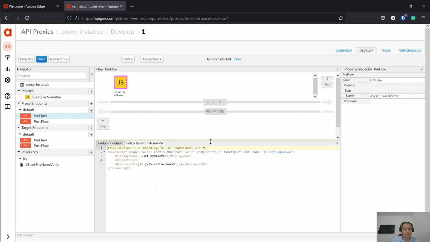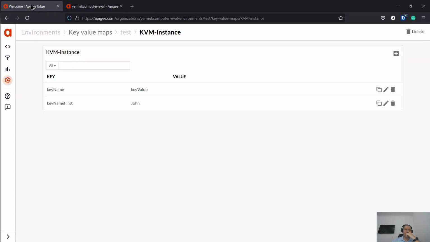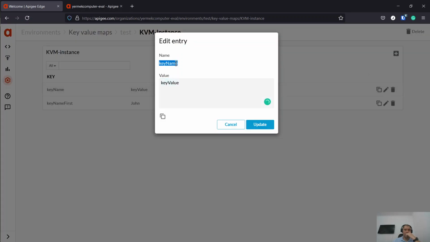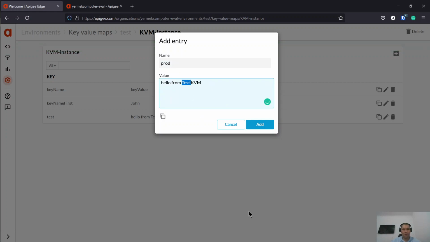I'm adding it, and at this moment you can just go back to KVM instance, and I think it's not possible to rename entry, so we'll just add test, hello from test KVM, and for the prod one, prod KVM,